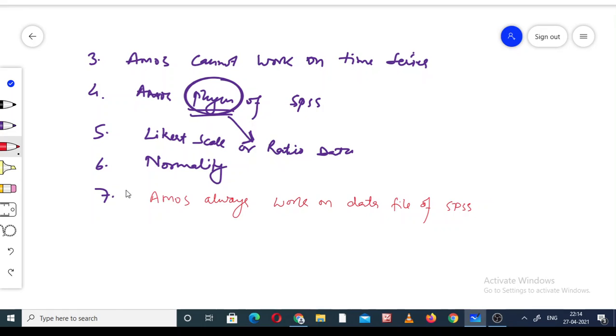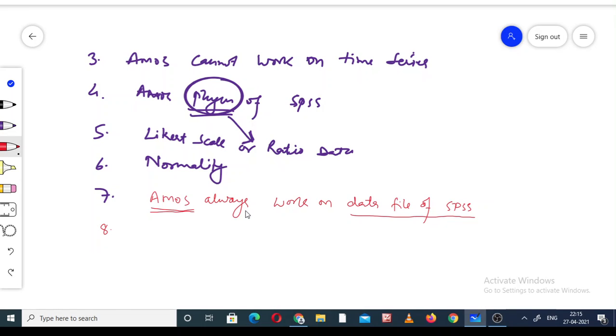There is no Amos-related file. Amos does not have any particular data file. It always works on the data file of SPSS. So whenever we need to work on Amos, first we have to enter our data in the SPSS software, and on the basis of this data file we can work on Amos. So this is the next rule about Amos, and it is very important.